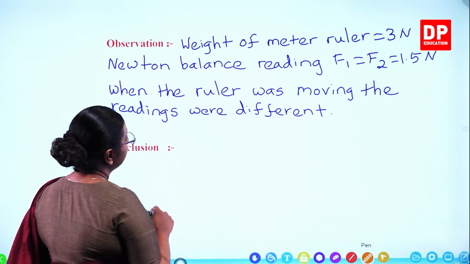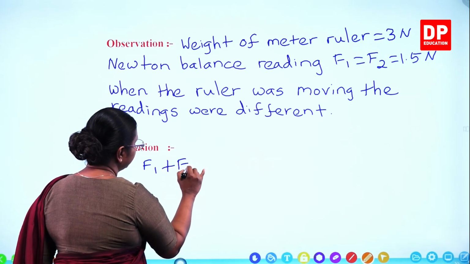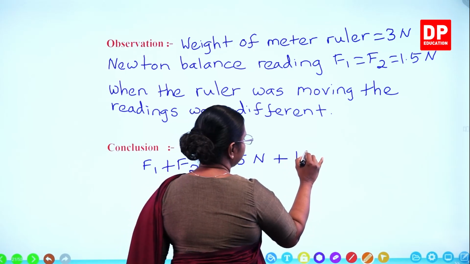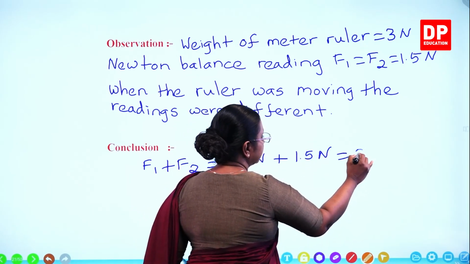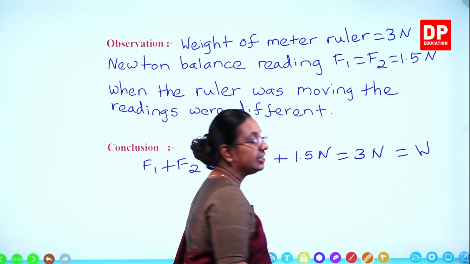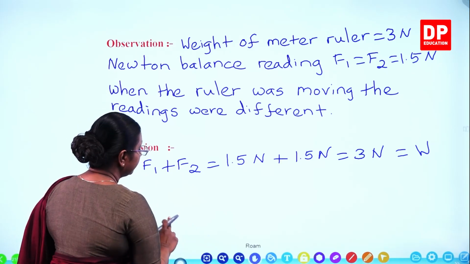So that is what we got from here. F1 plus F2, that was equal to 1.5 Newton plus 1.5 Newton, that is equal to 3 Newton. That was equal to the weight of the meter ruler. So here we can conclude and say,